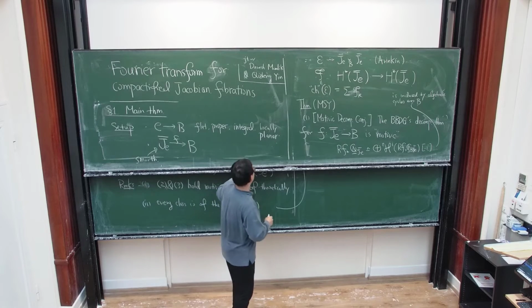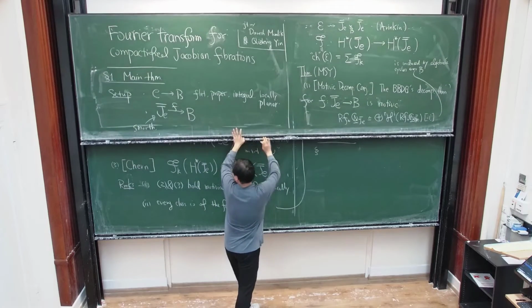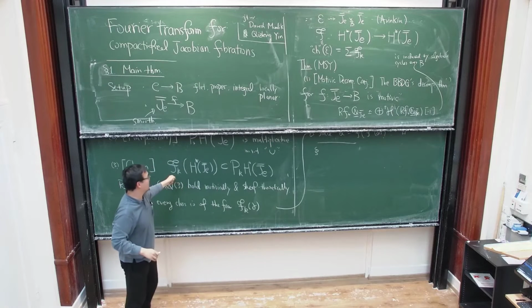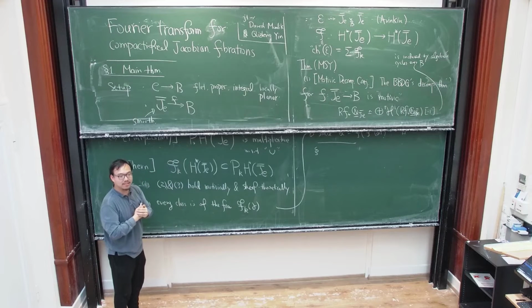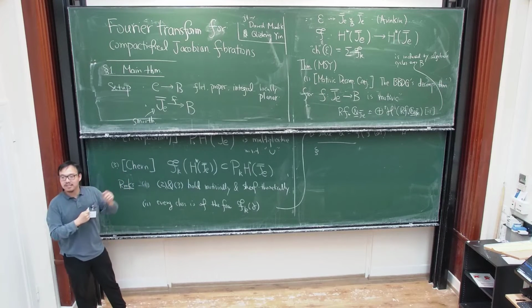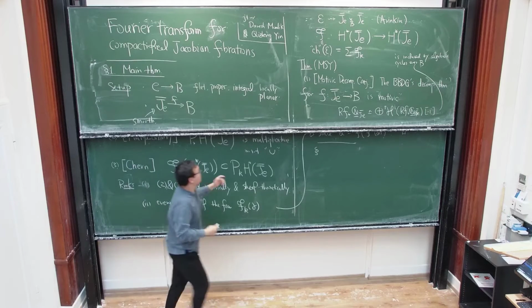And I hope it's clear that this Fk will govern the tautological classes as stated in Davesh's talk. Any other questions concerning the theorem? Okay, so I will